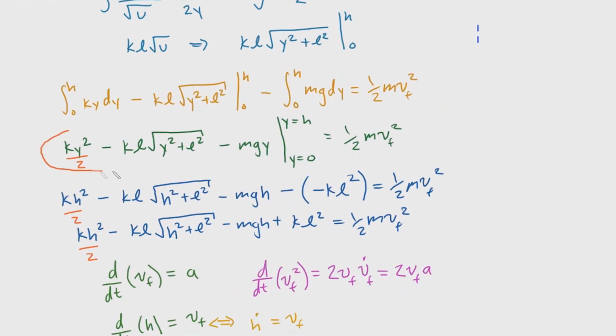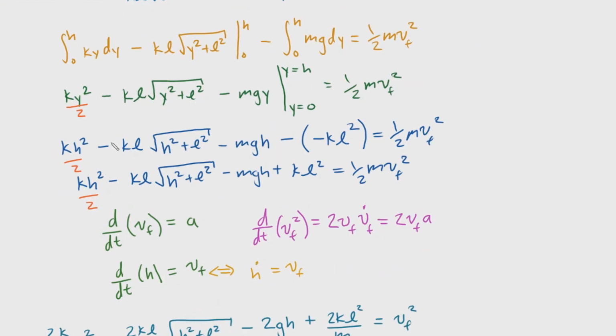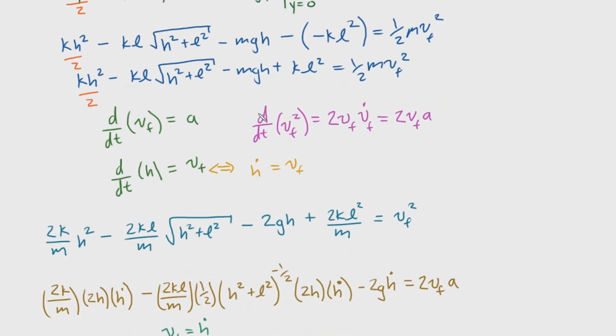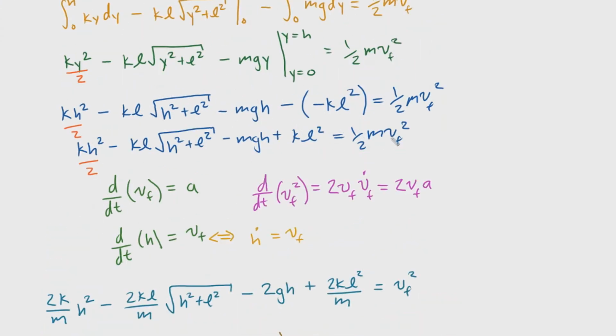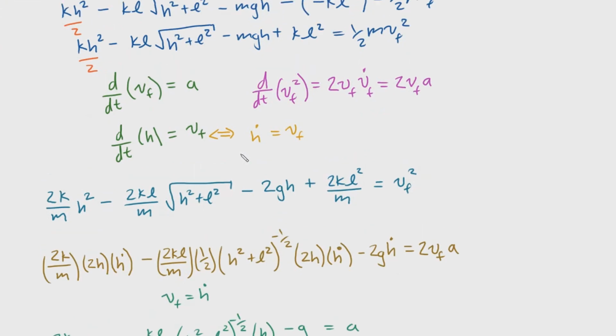our integration. So this part of the equation is where we use the limits of integration from y equals 0 to h, and I forgot to take the integral of this correctly, so there's a 1/2 right here. And we continue with our integration, plug in values, and what we got was the final kinetic energy equals this stuff right here. And we remembered our goal was to find the acceleration of the collar, so we recognize that